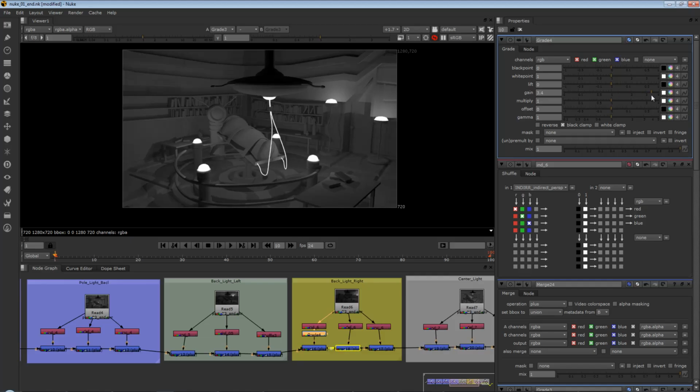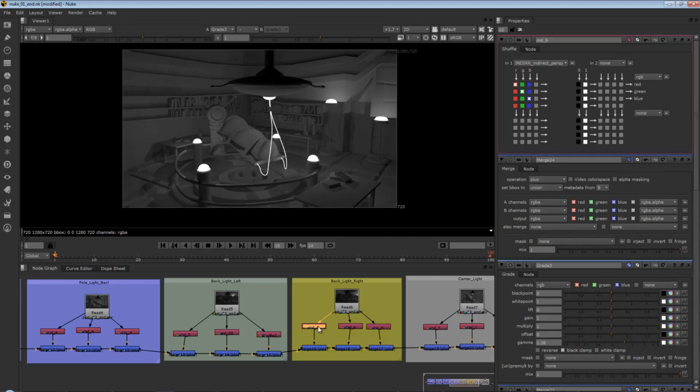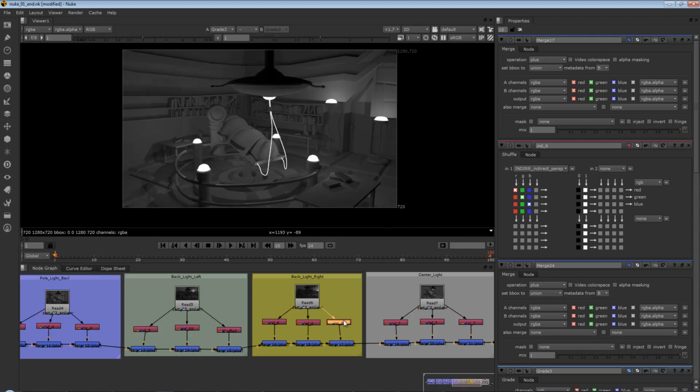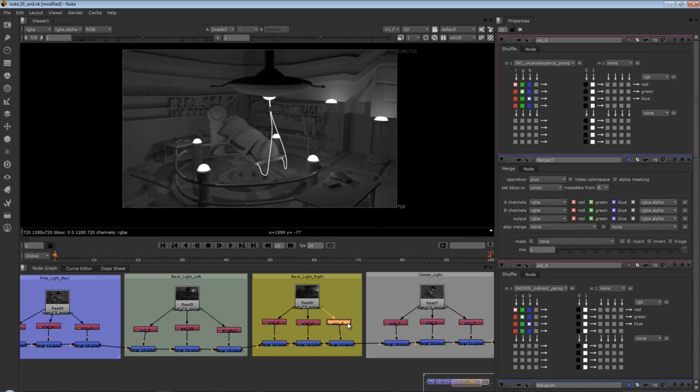You can see that I now have this light adding a different level of illumination just to its own particular thing. Now this is great. This gives us the control we've been looking for. The problem is that if I want to dim the whole light, I'm going to have to come in here